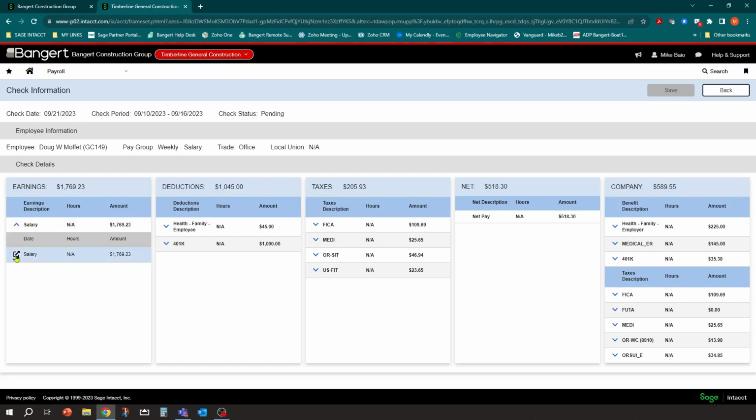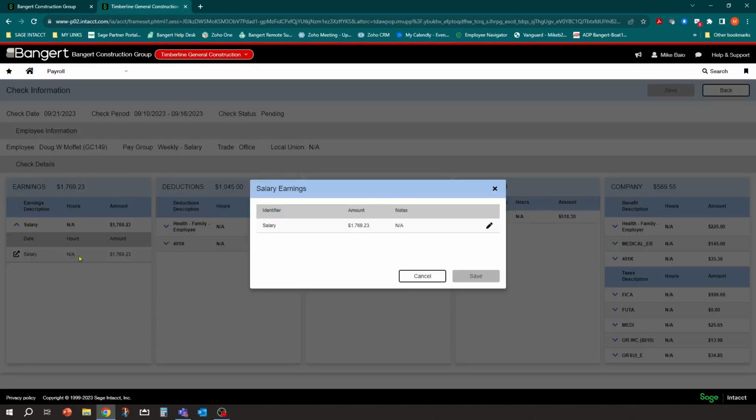And you just click on this View Details button. And when I do that, it opens up that line's information. So here's where it would show an hourly employee, it would show the hours and the amount. If you need to edit or adjust that, you can just come right here on this pencil and click the pencil button.